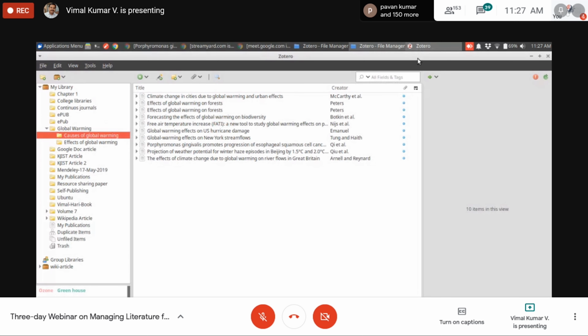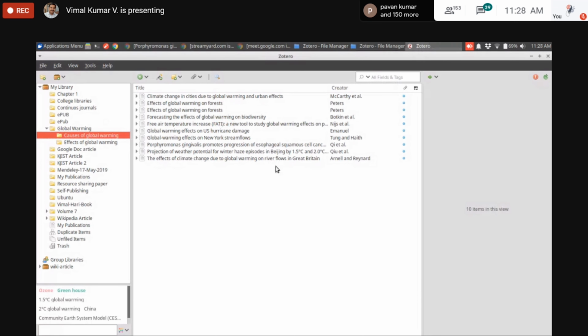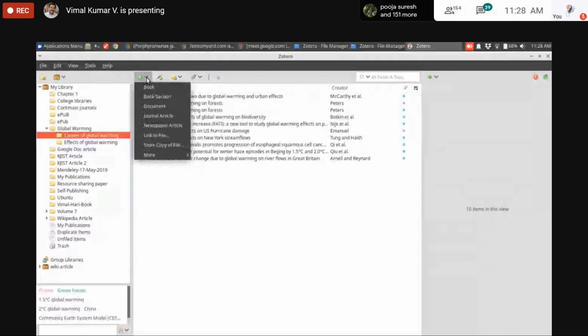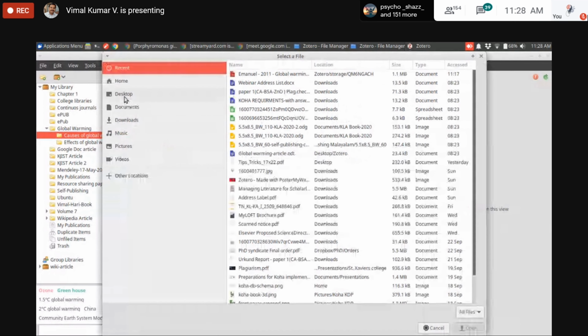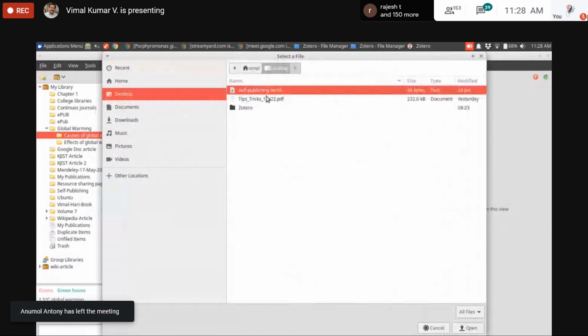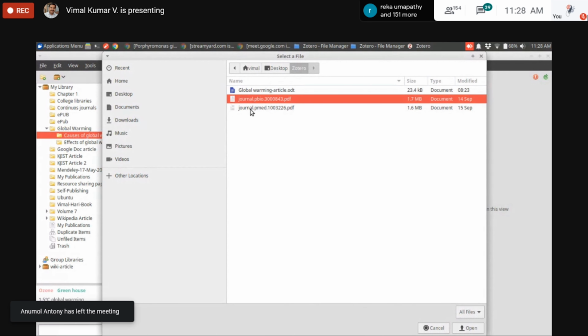To add a few PDF articles already on the computer into Zotero, we have to press on this icon, a small green button, then select the option Store Copy of File. Click on Store Copy of File. You have to open the folder where the two articles are located.